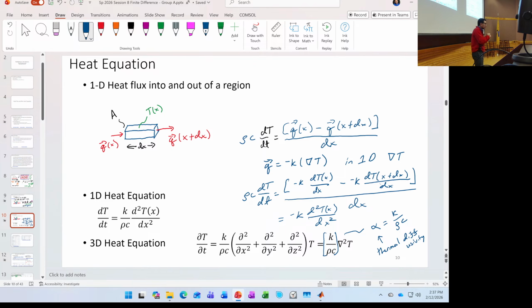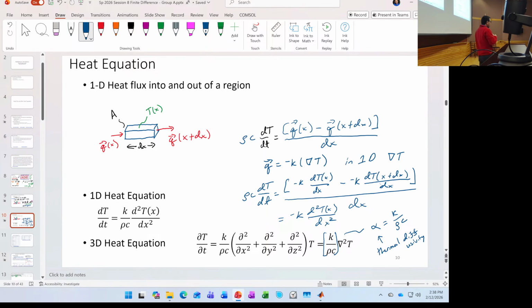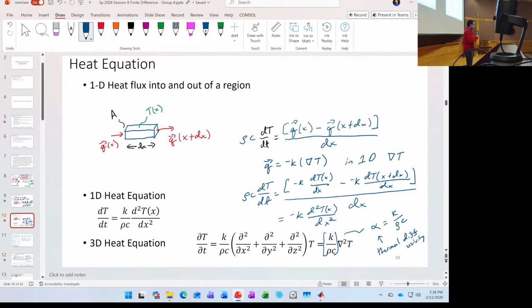So if I have a very high thermal diffusivity, I don't know if anyone has any ideas for materials that have, well, what are some materials that have high thermal conductivities? Yes. Okay, yeah, and they're relative ones. They're different. Copper has a very high thermal conductivity. It also has a very high thermal diffusivity.